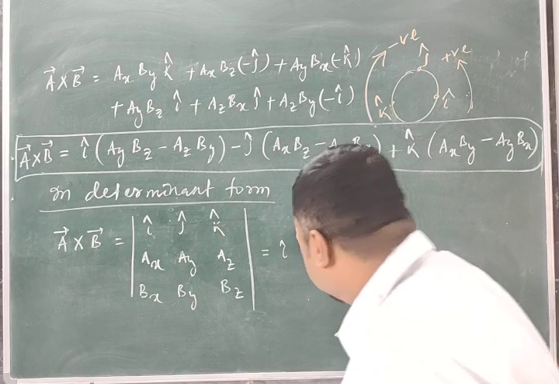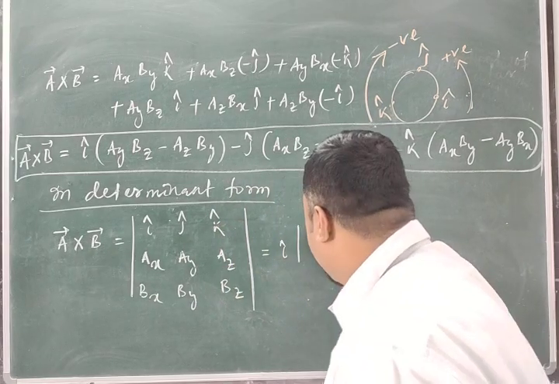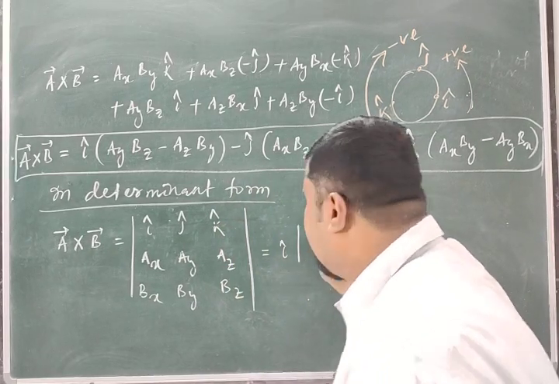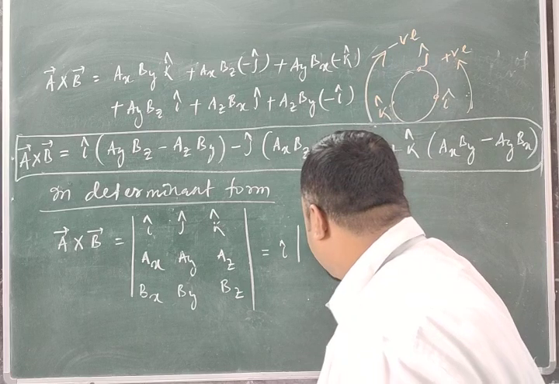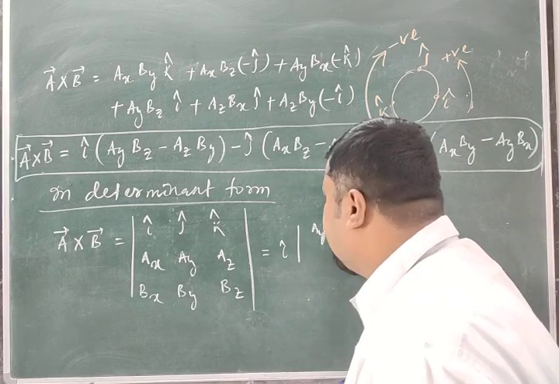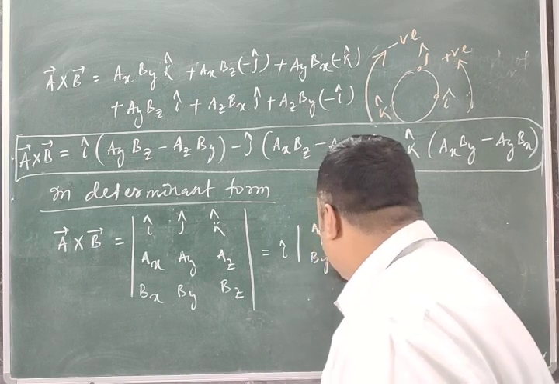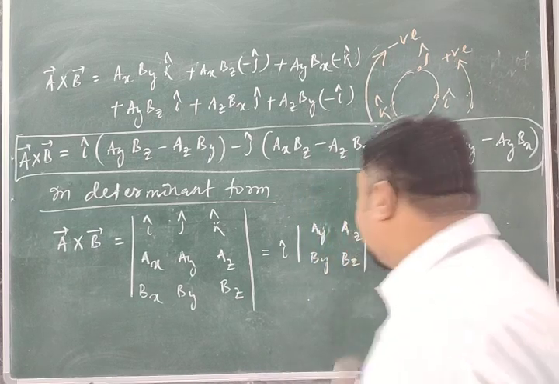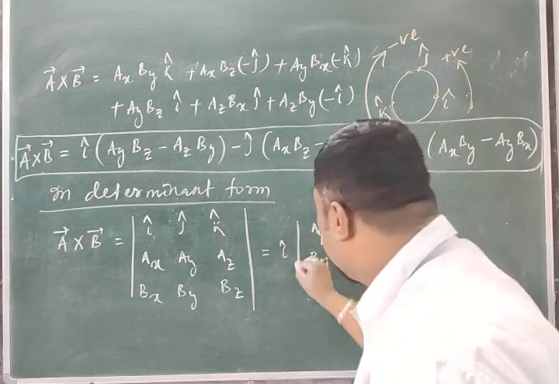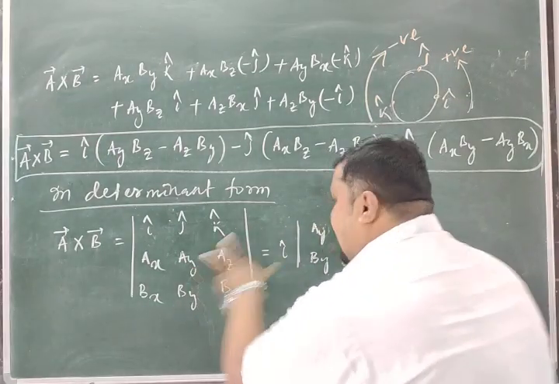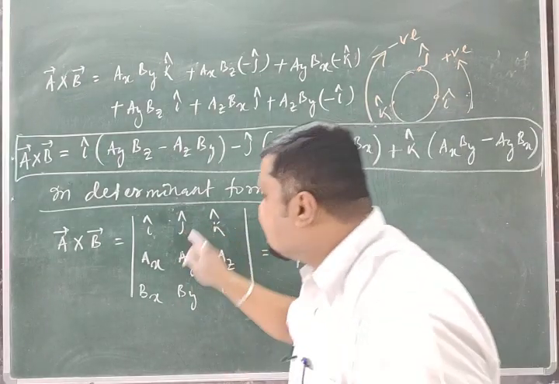So what is the rest? The rest is ay, az and by, bz. Isn't it? This is the rest. Next part: when you go to the second term,